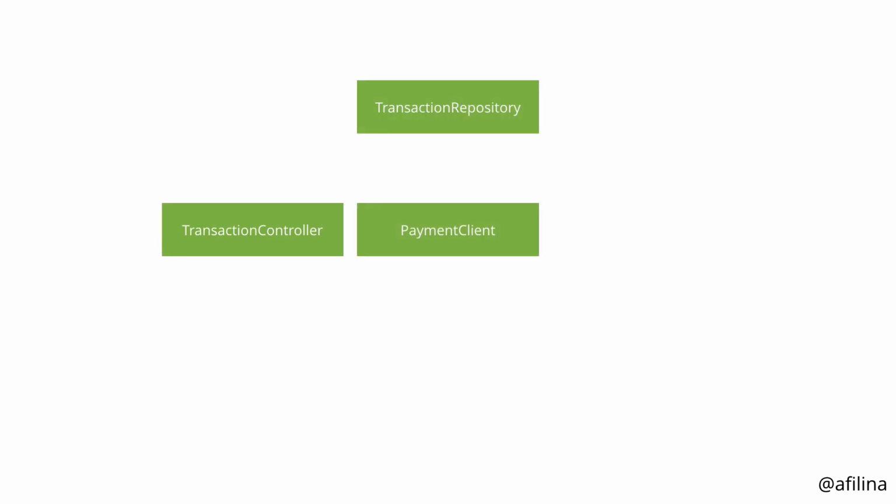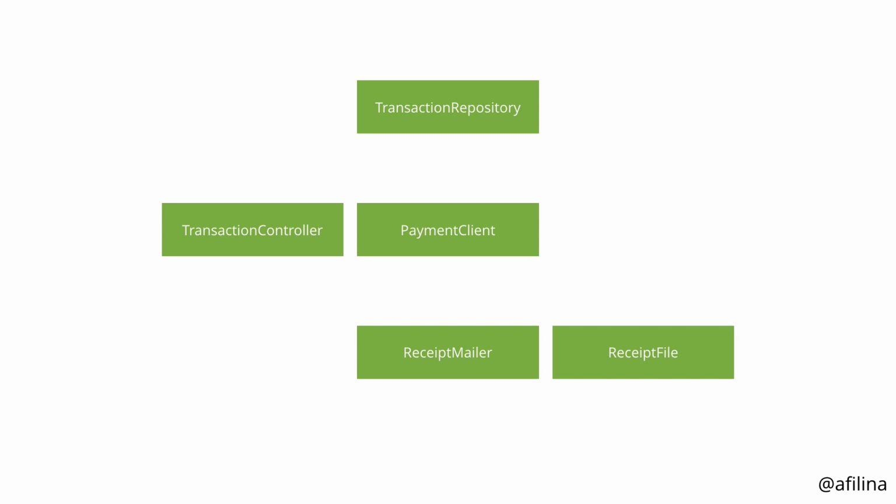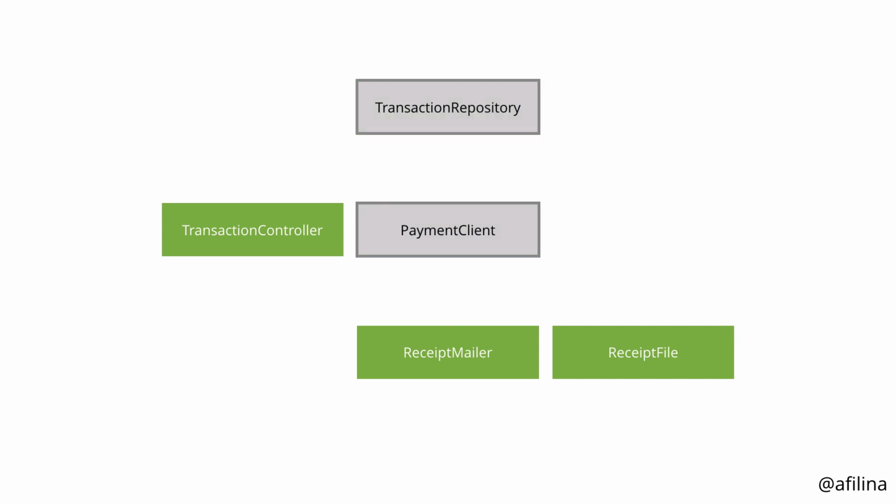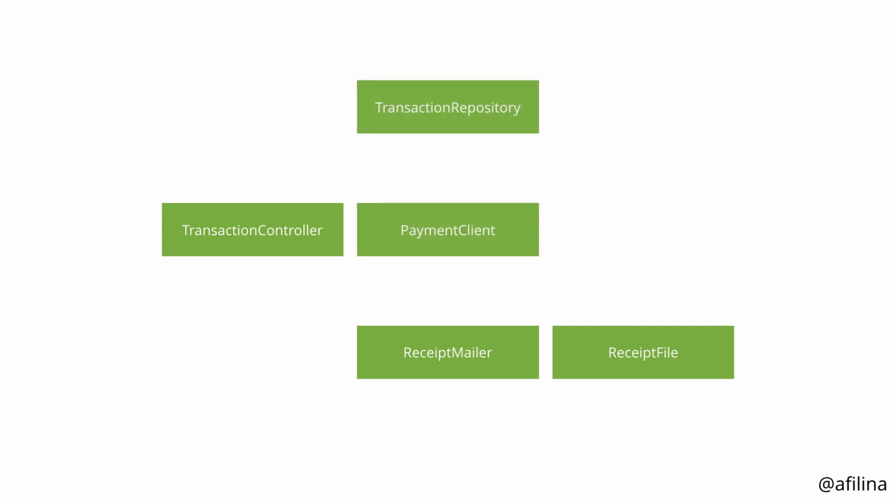Let's summarize the different classes that we created. We have a transaction controller that communicates with a transaction repository, a payment client, and a receipt mailer. The mailer in turn communicates with the receipt file. Note that the payment client is completely unaware of what's going on in the repository. They can't influence each other, which means that making changes is a lot safer. Since all these classes are small and specialized, it would also be easy to read and understand them in order